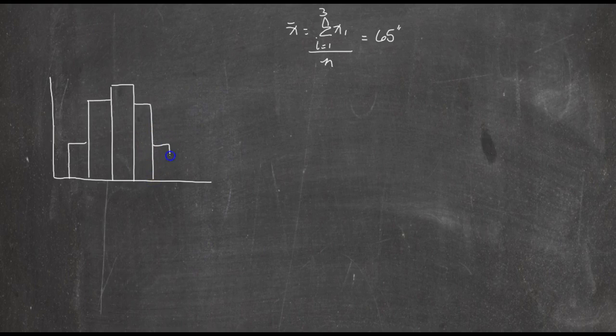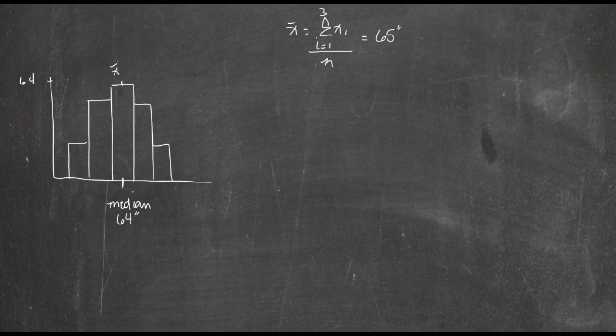So you have a nice symmetrical distribution where right here in the middle is the median. And say the median is actually 64, some number close to 65 inches. And notice that for my data set, my median and my mean